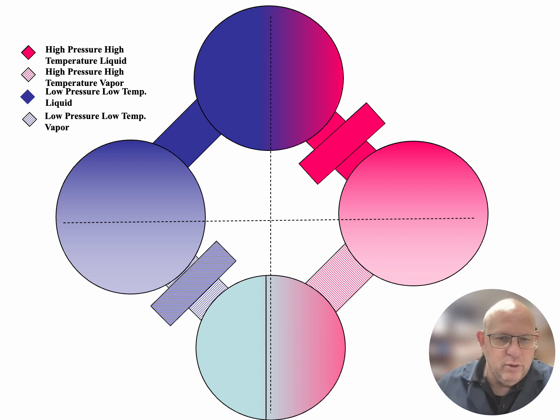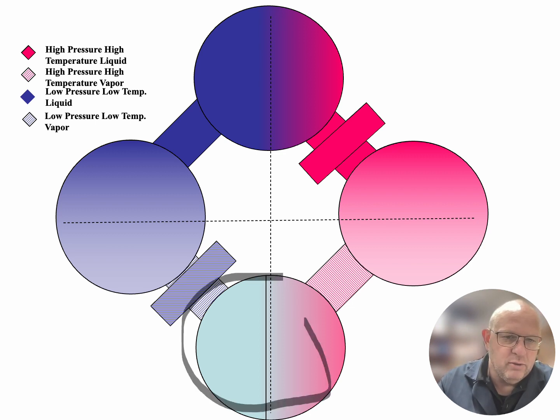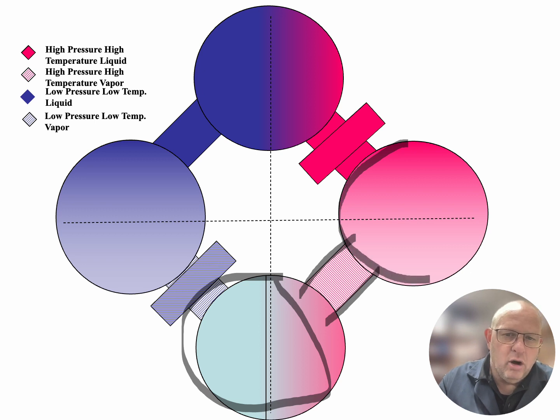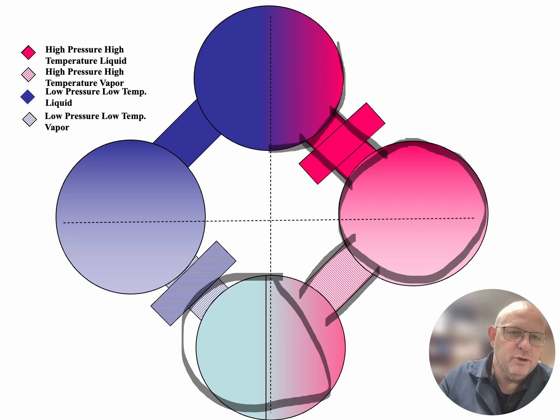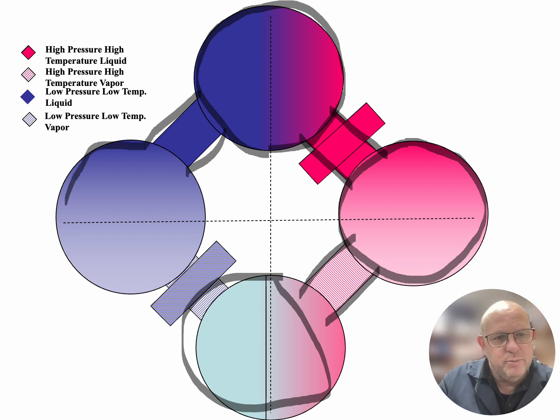First thing that we want to do is we want to draw these circles for our refrigeration cycle. So follow along with me. So these circles right here are indication of the four major components that are on our system. Now, as the refrigerant is flowing through these four major components, each one has a job to do. And if we were to lose one of these components in the system, we would lose the ability for the refrigerant to absorb heat